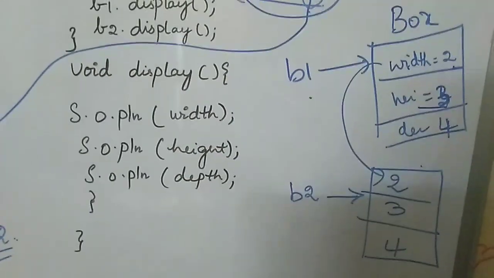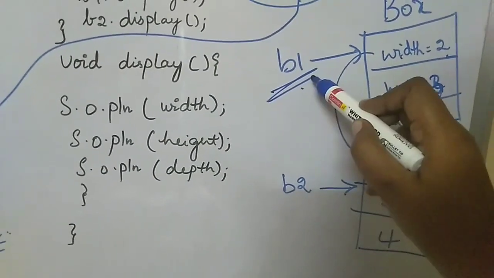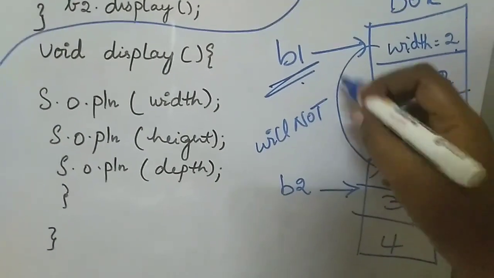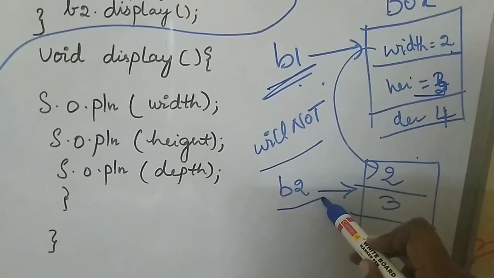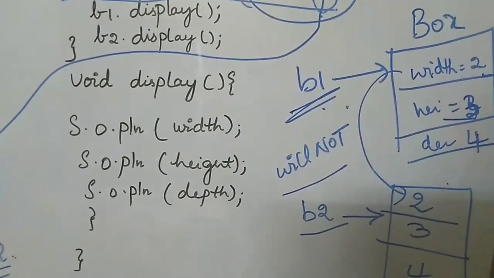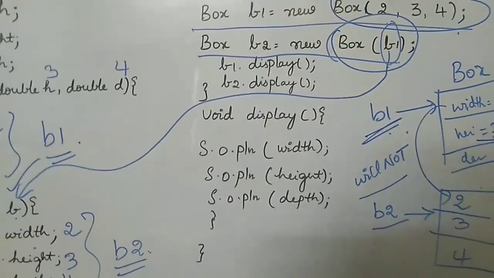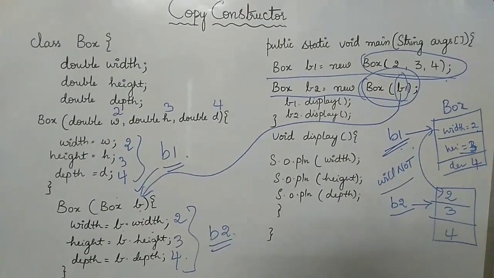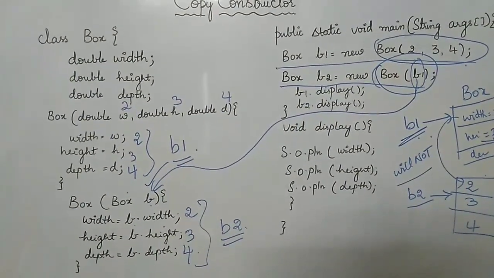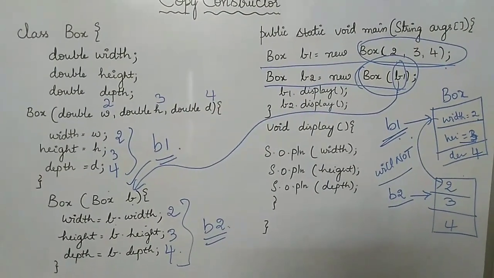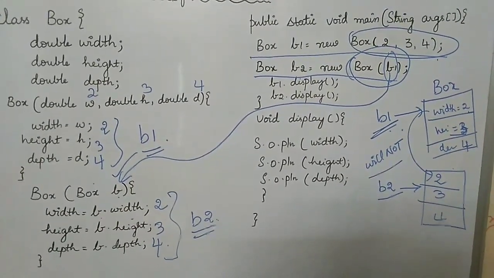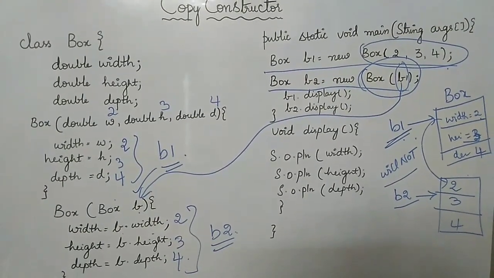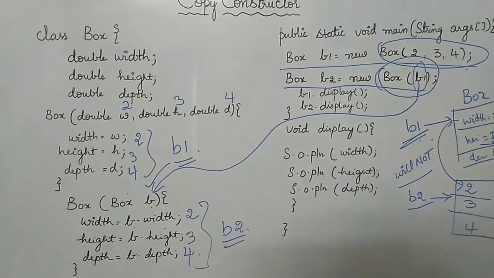Any modifications that you do to B1 will not affect B2. Keep this in mind, because this is the difference between the shallow copy and the deep copy that I am talking about. In my previous lecture, I talked about shallow copy, wherein the same memory location is pointed to by two reference variables B1 and B2. So any modifications that you do, because they both point to the same memory location, will obviously affect both reference variables.